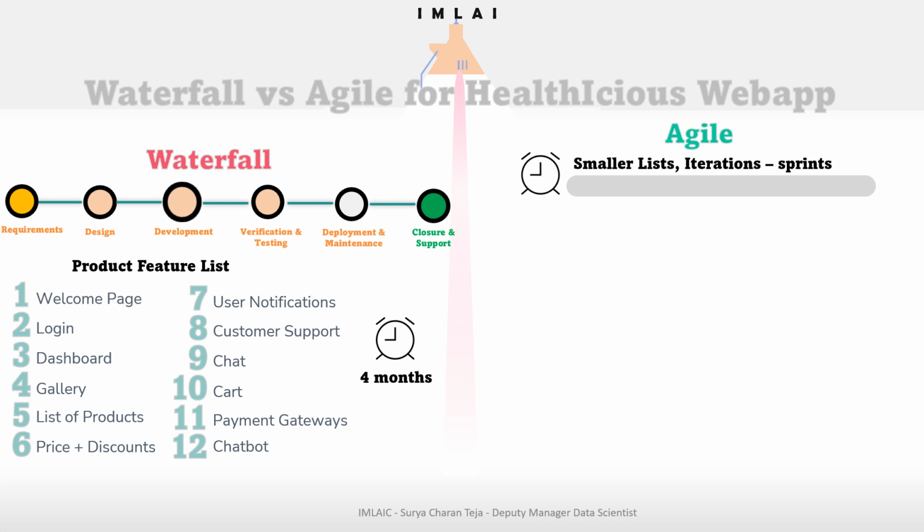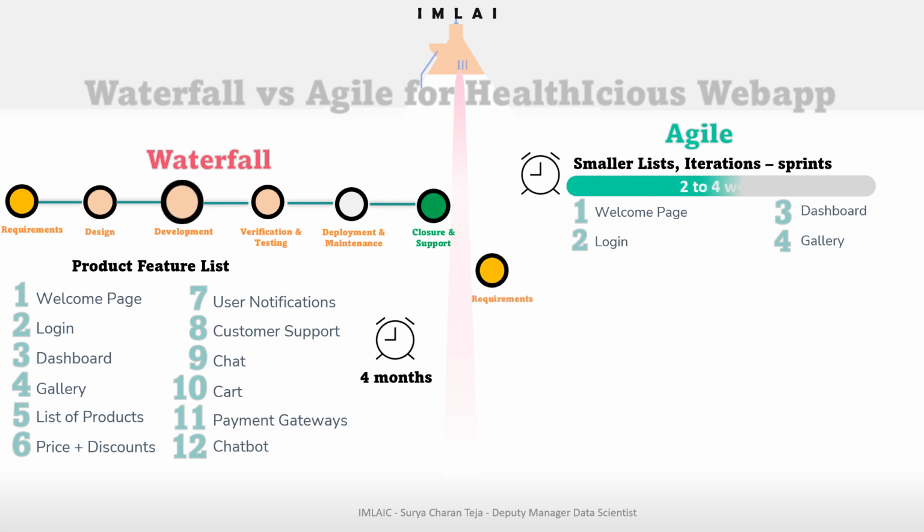Whatever activity we have, from requirements to closure, this is one cycle. Each cycle we will do as an iteration or sprint. Let me show you what it is. For example, we have 12 features here. So out of 12 features,